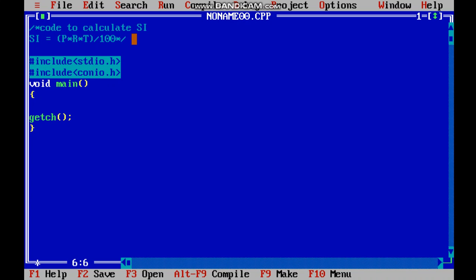So coming to this, you guys know very well that this is our syntax. Clear screen is missing. Oops, small letter. CLRSCR, clear screen. Okay. So here we will be writing our code. Let us understand what variables we are going to use. It's very simple. We will use SI here, P, R, T. I think it might be sufficient. If it won't be, then we'll add more.